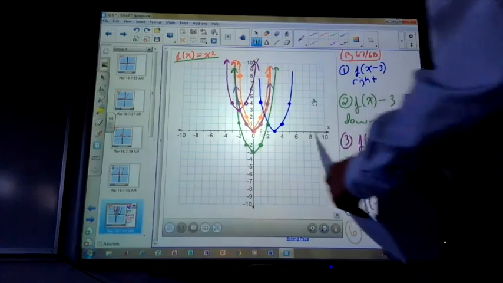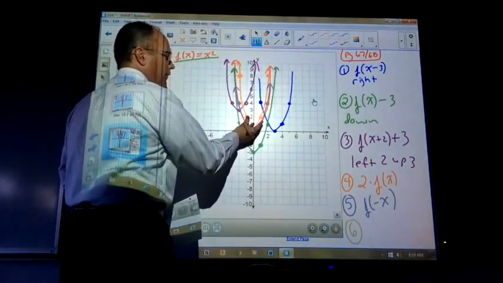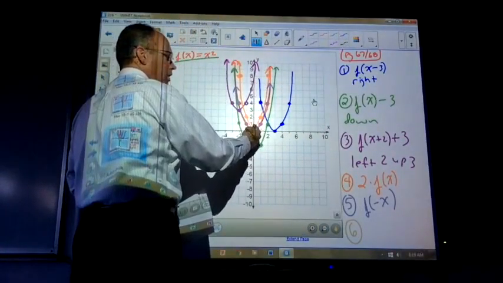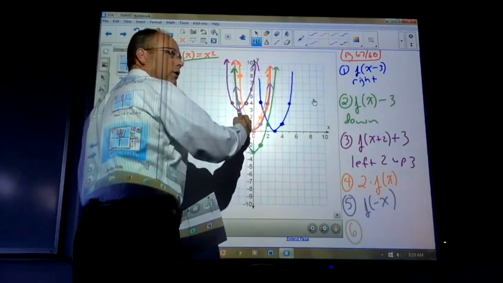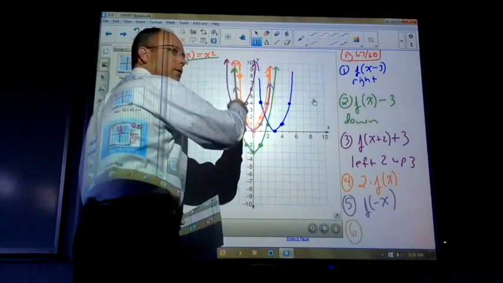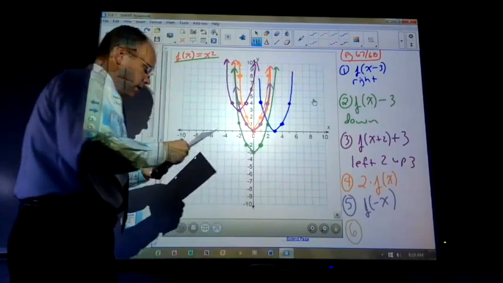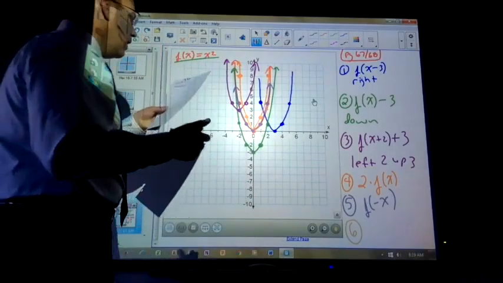How do I graph number 4? Number 4 just took the red graph and stretched it up. Same vertex, but it's not going to grow at 1, 3, 5. It's going to grow at 2, 6, 10. Oh, I can't get that in my head real fast. And then this one,